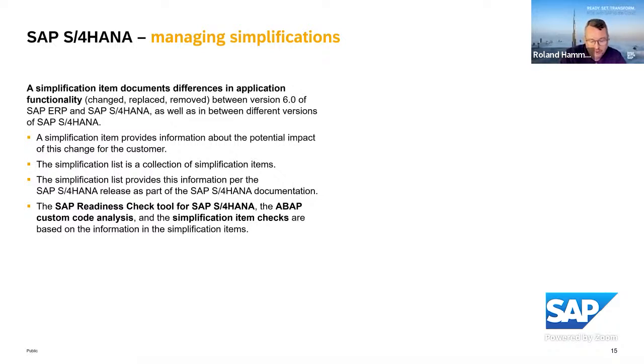So we have this information included in SAP notes, which we call business impact notes, but there's also a technical component of the simplification item, machine readable information. This machine readable information is used by the SAP Readiness Check tool for SAP S/4HANA, the custom code analysis and the simplification item checks. These are based on those simplification items, and they can help you detect the usage of those